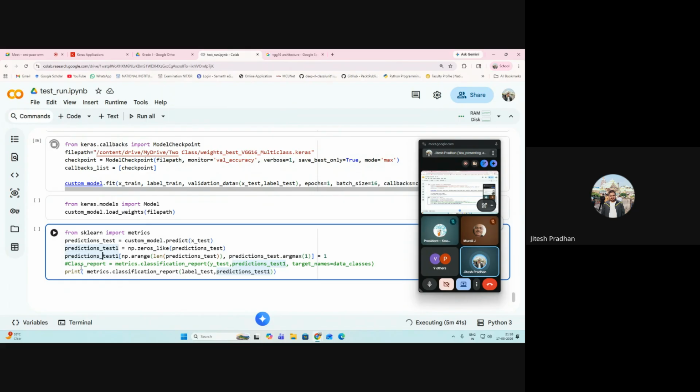Then you try to print the metrics. We have to print metrics.classification_report, so we can print the classification report. You just pass the label test and prediction test. Label test means the testing labels that we have generated, and prediction test means the test labels generated from here. Based on that, if you execute it,